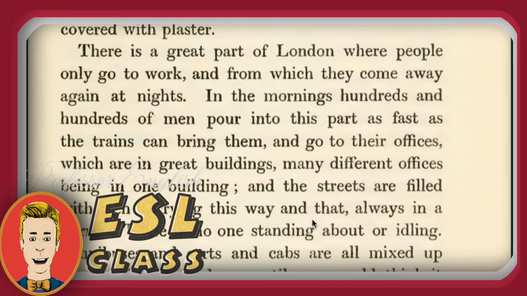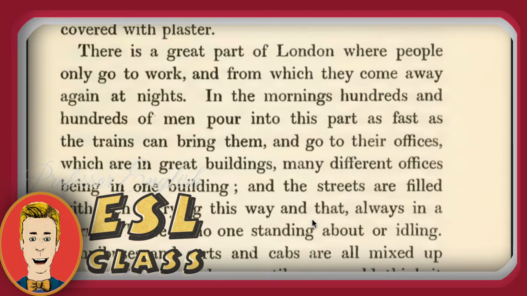There's a great part of London where people only go to work, and from which they come away again at nights. In the mornings, hundreds and hundreds of men pour into this part as fast as the trains can bring them. So you can imagine a flood of water going into a part of the city, and that's what it looks like. All the people going in the morning to go to work. They pour into the city